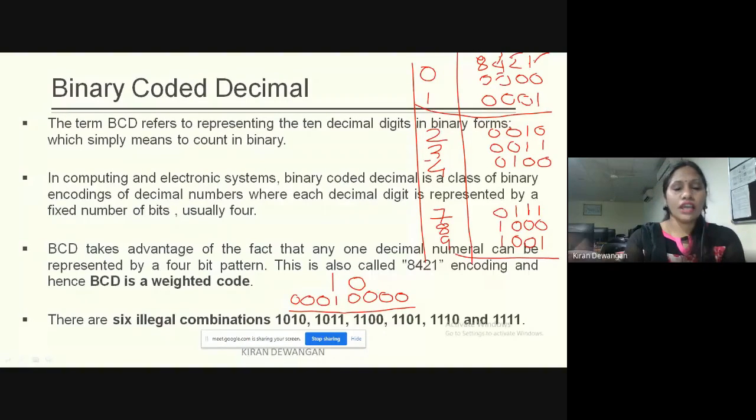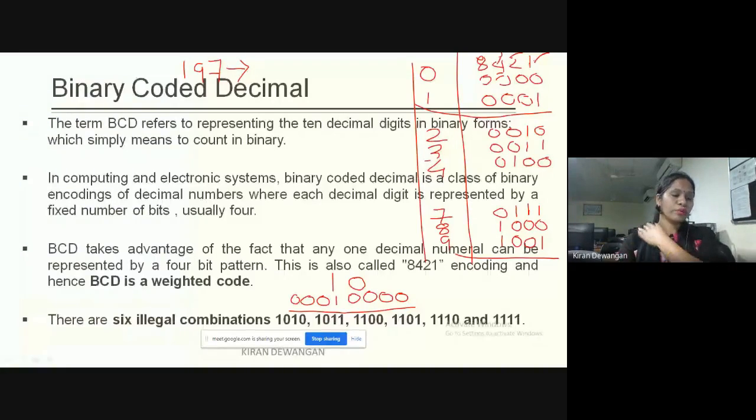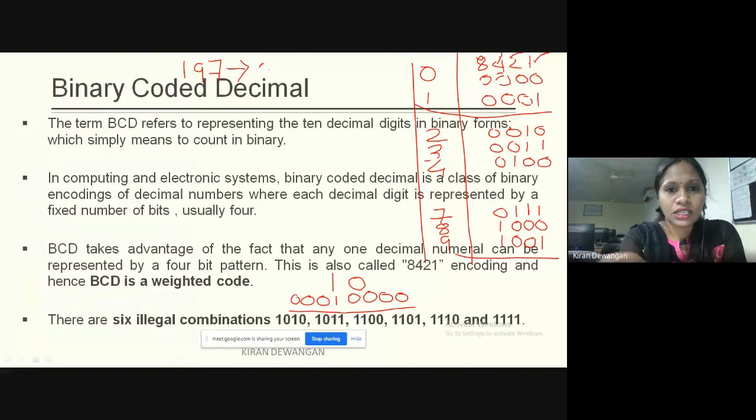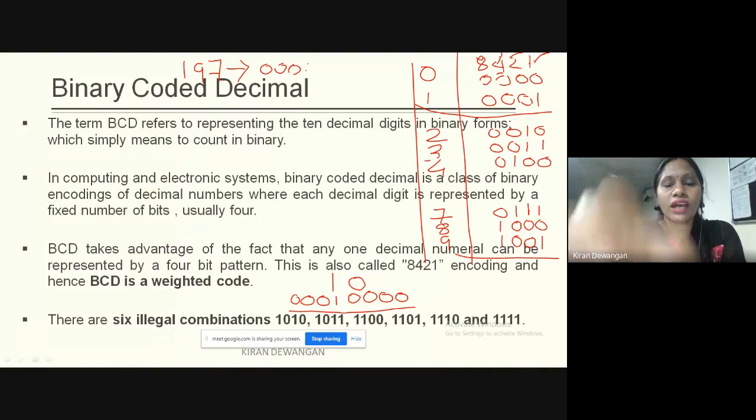Now suppose I have to code 197 in BCD, what would the code be? 197 in BCD. Yes, reply first. Yes, students. 197. 1 is correct. 1 is 0 0 0 1.